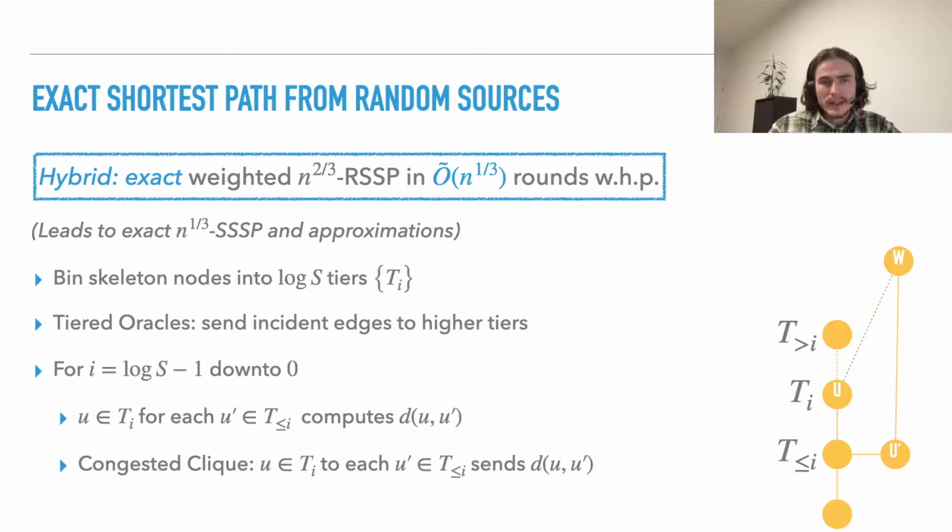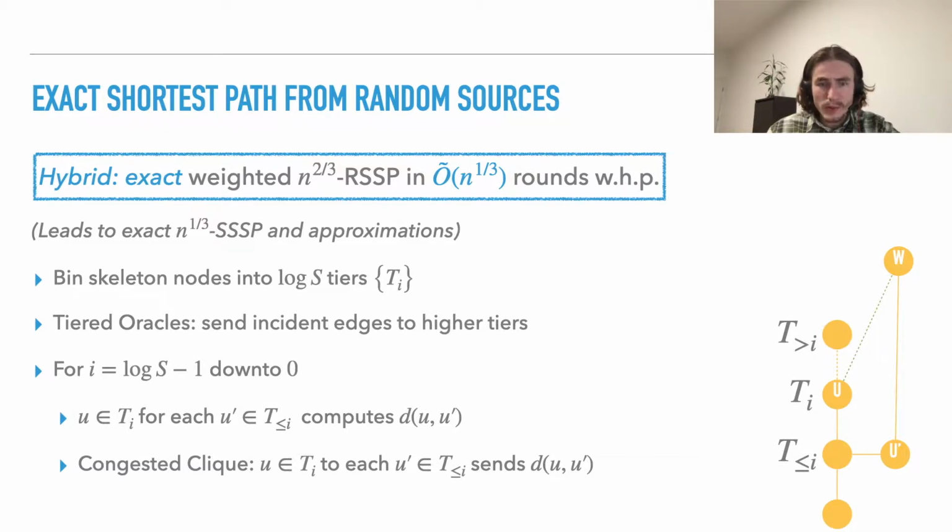For next tiers we proceed. The nodes there already know the distance from all the nodes in the tiers above, and they aim to compute their distances from themselves to the nodes in the same tier or below. Let's take a look at the picture on the right. The node U already knows the distances from all the upper tiers, and for some node U prime below, from the tiers below,